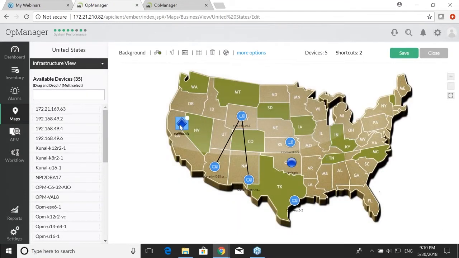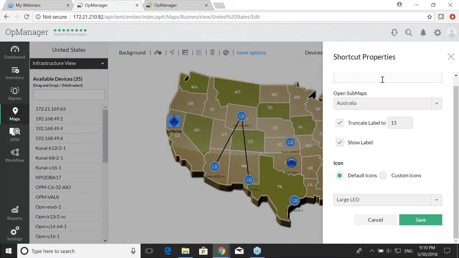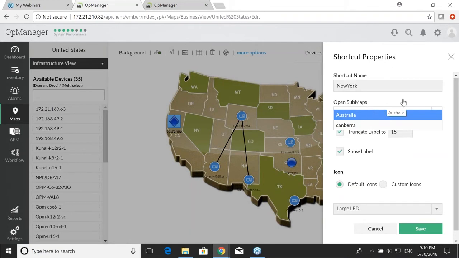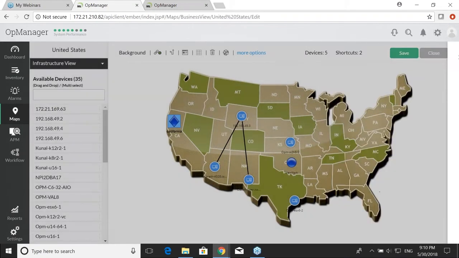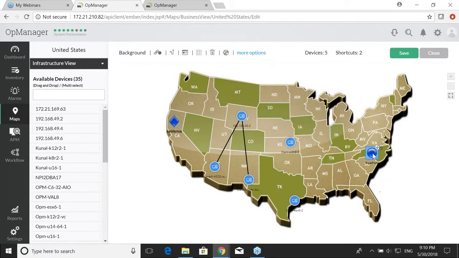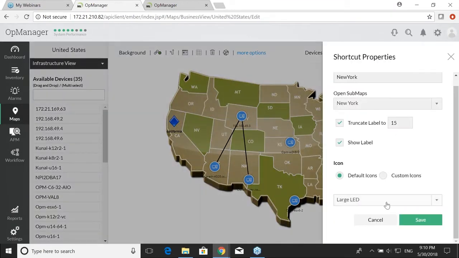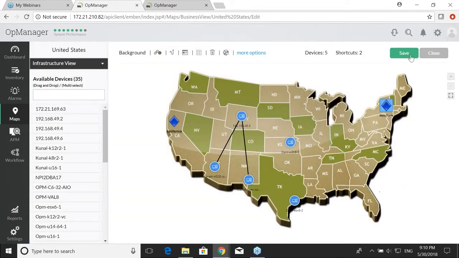Save it, just dragging it to the correct location, and I'm also adding a shortcut for New York. Okay, I think New York is already added. I'm just going to drag and drop it to the respective location, and I'm going to change this to time outlet. So once I do this and save it,